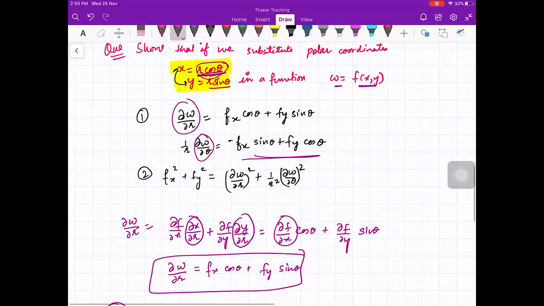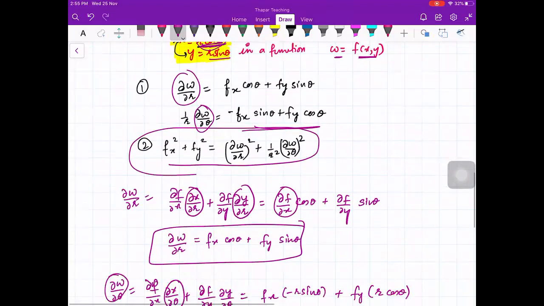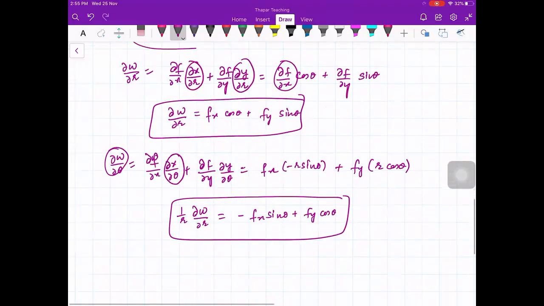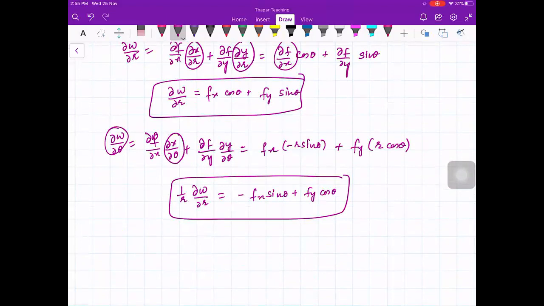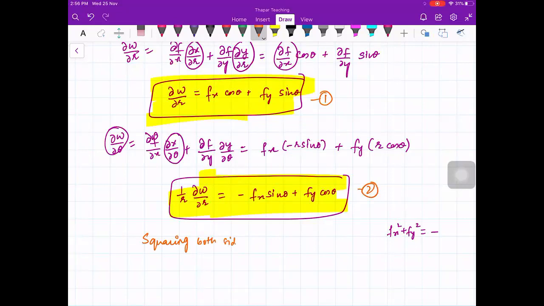Okay. Now the second part, for this part, can you tell me what we should do? For proving that Fx square plus Fy square is equal to something, we will add the squares of both of these. Yeah, you just square these two equations, squaring both sides and adding. Okay, so squaring both sides of equations 1 and 2 and adding,